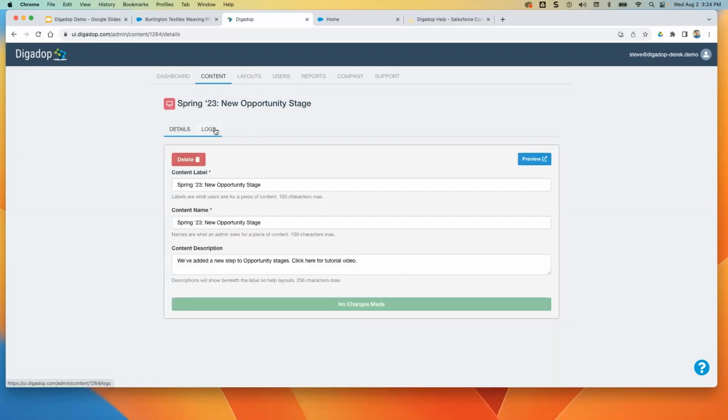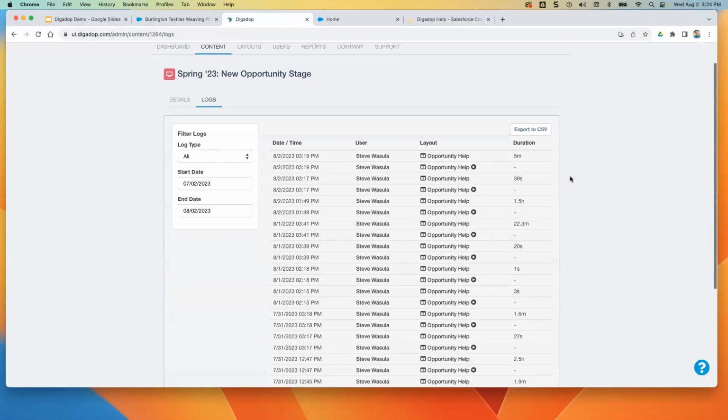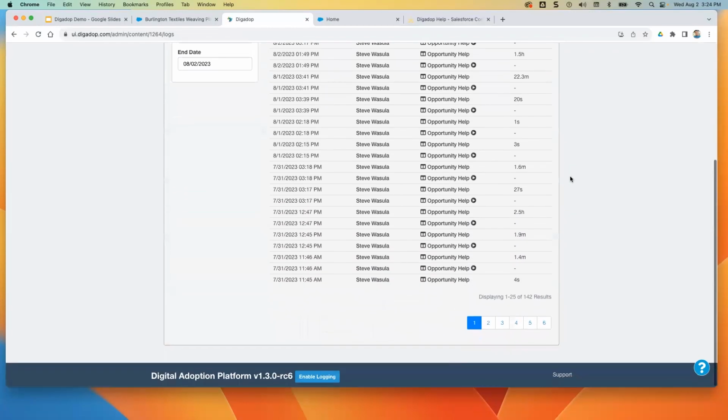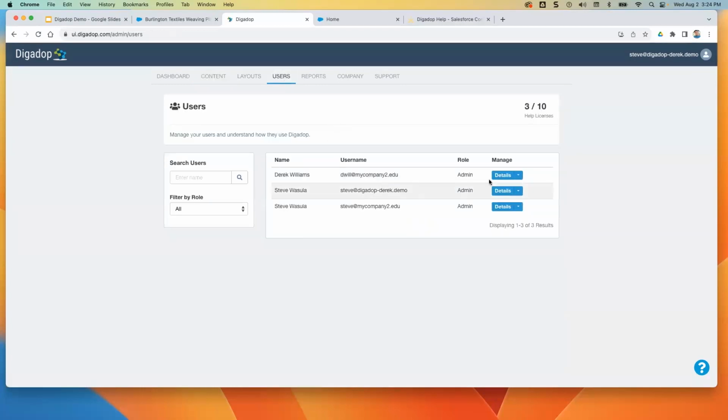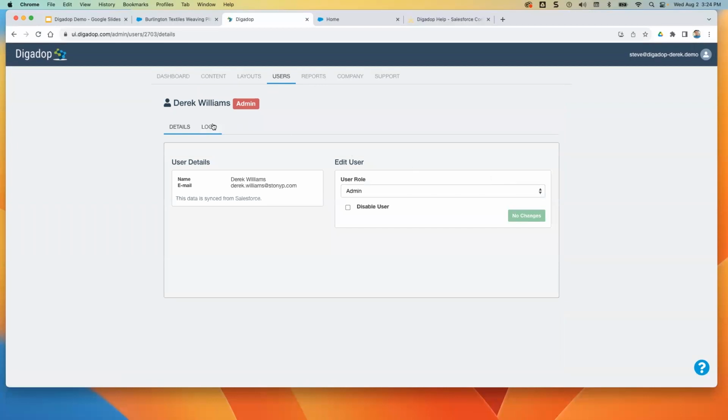And so here I can look at the logs and see how often that has been viewed by which users and how often. Now, obviously, this is a demo org, and I'm the only one really demoing, so I view it all the time. But you can look at other users we have in here and see